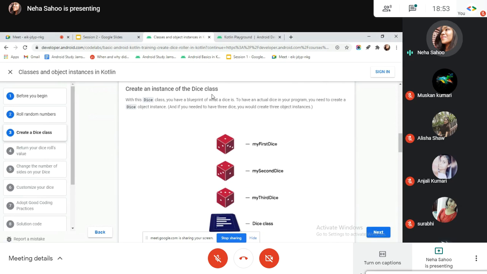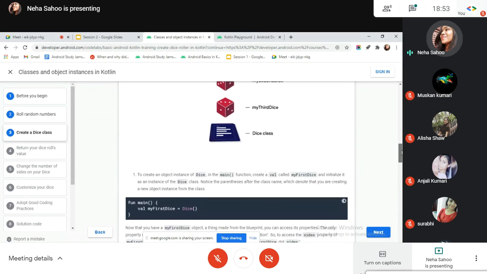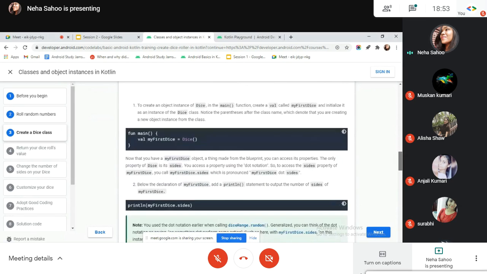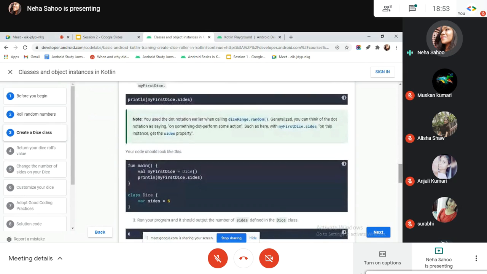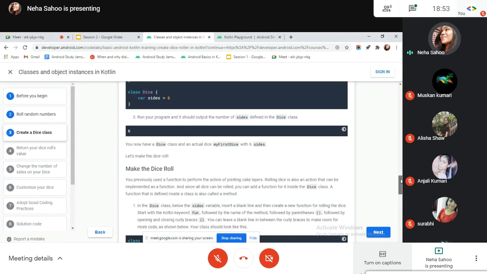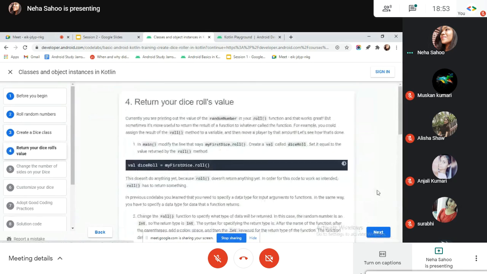Remember, I told you that you need to create an object to instantiate a class. So in this case also you will have to instantiate the class, and that is how we will be doing it tomorrow as well. This will be just what we will be doing inside our .kt file.